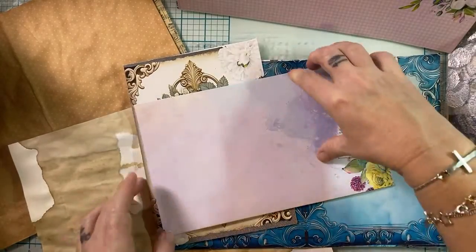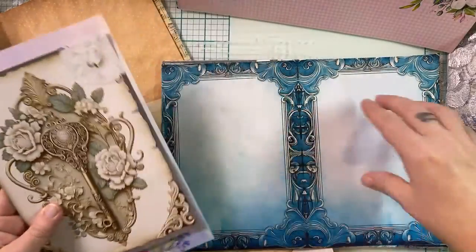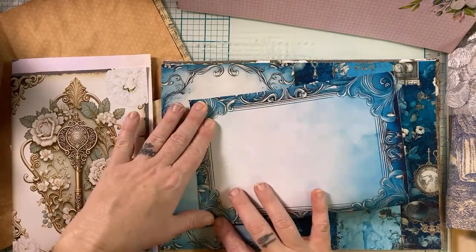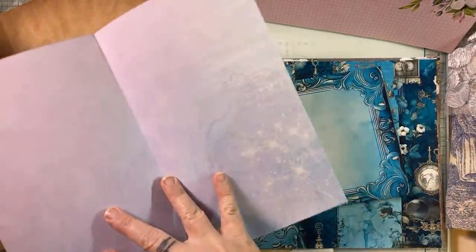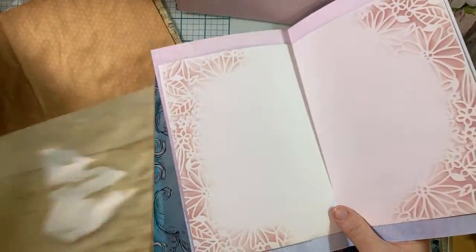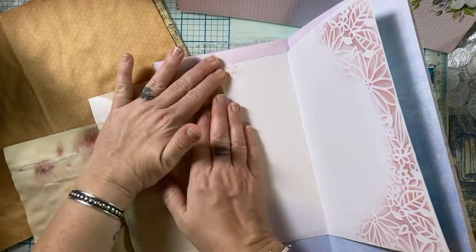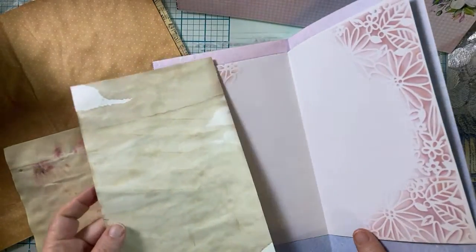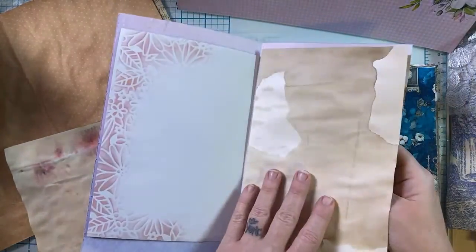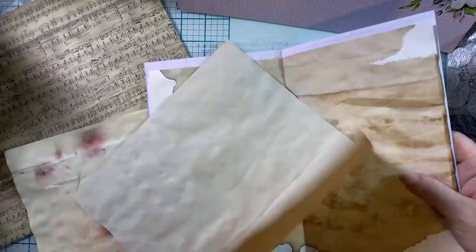Let's put this page next. And then I want a blue page, I think, because this back page here is blue. It's purple and blue. Yeah, that's lovely. Okay, now let's get some tea dye. Crunchy, crunchy goodness of tea dye. Let's do